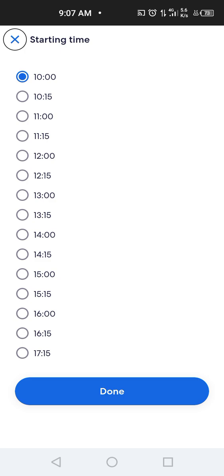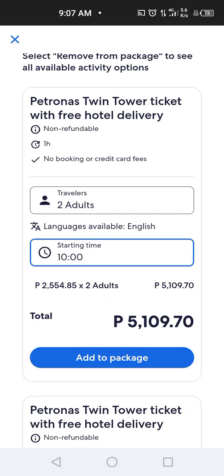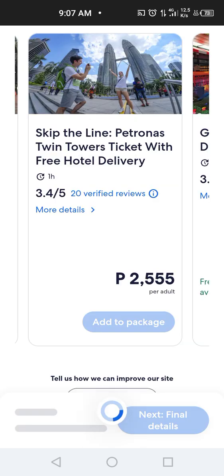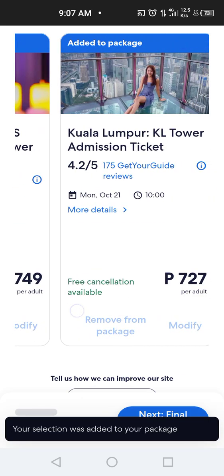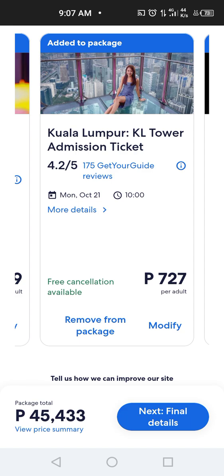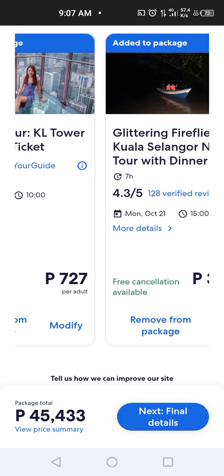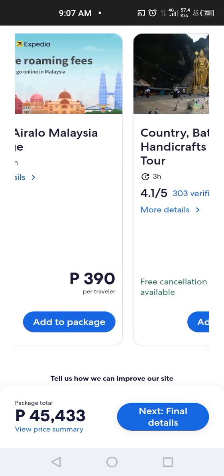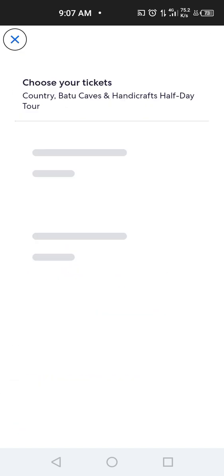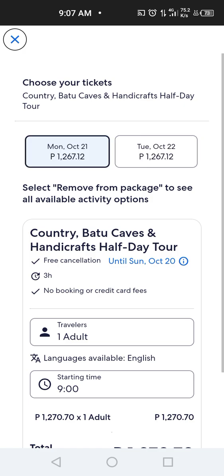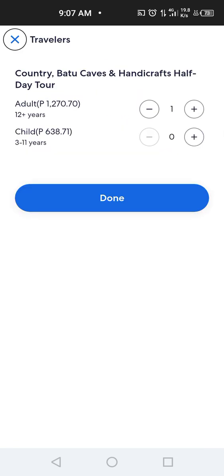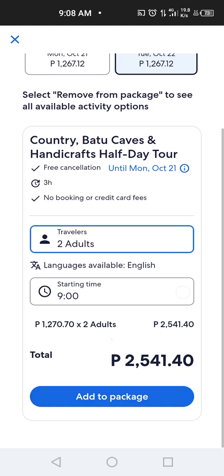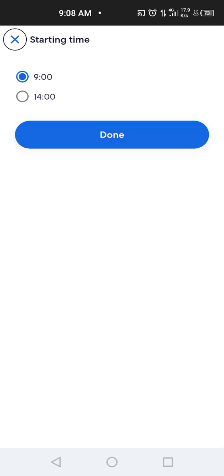Starting time, maybe, yeah, 10. I can do that. Add the package, and then maybe add this one. Oh yeah, no, I already added that one. So maybe this one for our second activity for the second day in Malaysia. For two people, starting time.